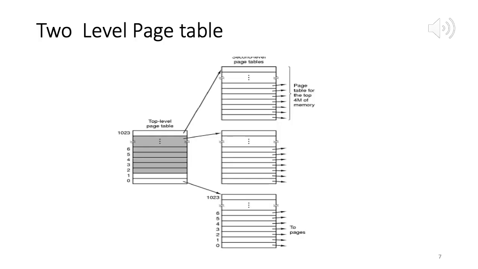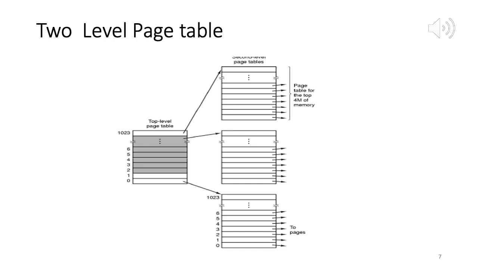So now I am on slide 7. This is just showing the same picture from the book. Here they call this PT1 the top level page table. It has 1024 entries and only 3 of them are pointing to second level page tables. So one advantage of this scheme is that we avoid keeping all the second level page tables in memory at the same time.